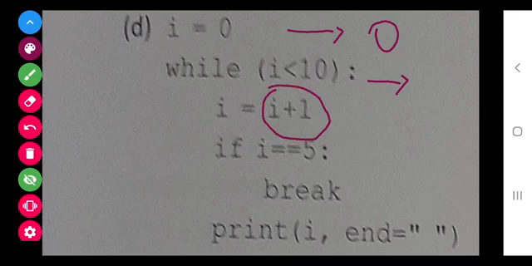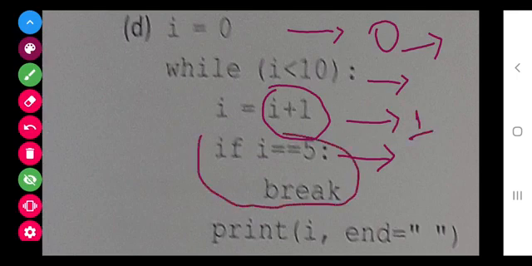Now this if condition will execute, and this if condition says if i equals to 5 then break. So initially i is not equal to 5, it has become 1 now, so it is not equal to 5, so the loop will not terminate and this condition fails.